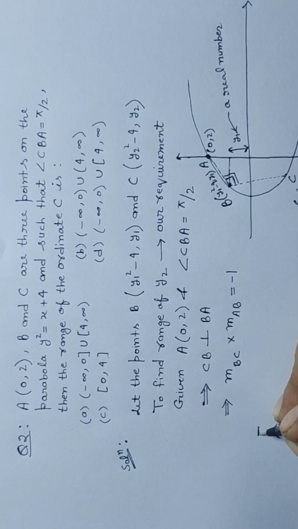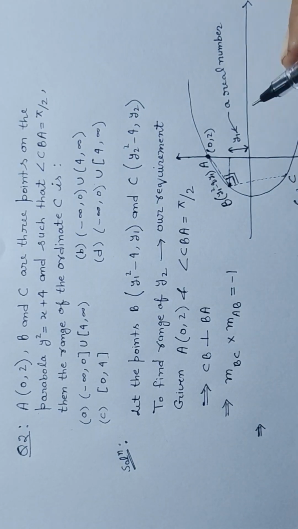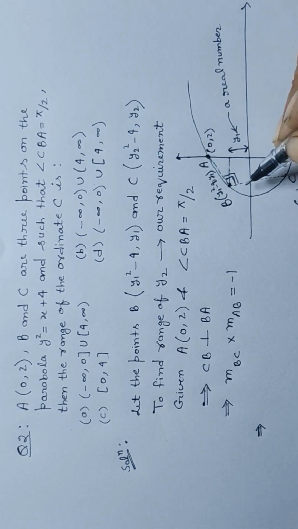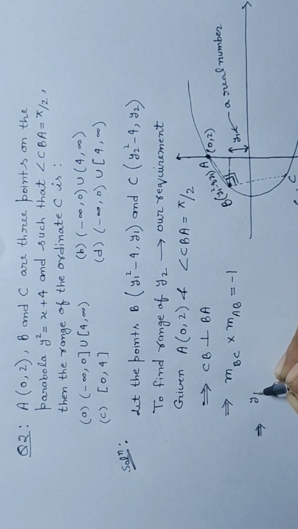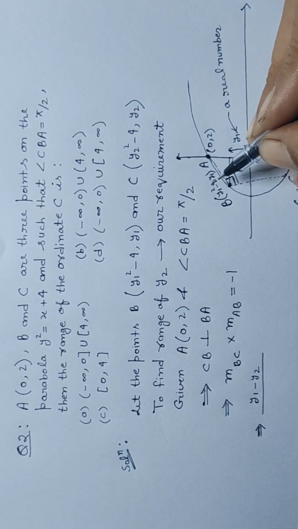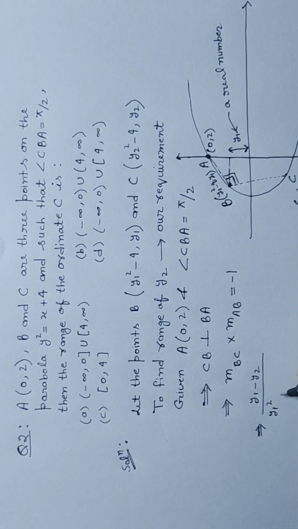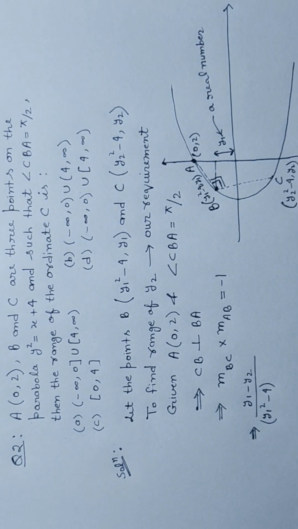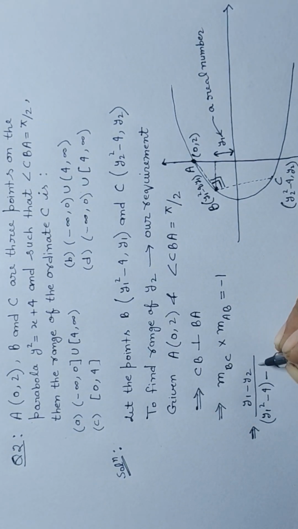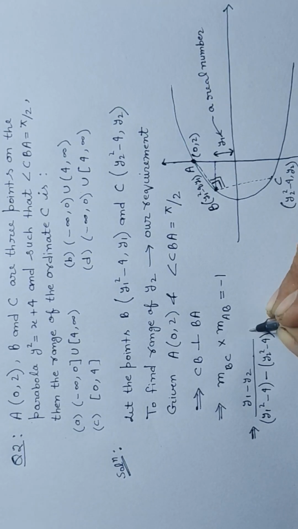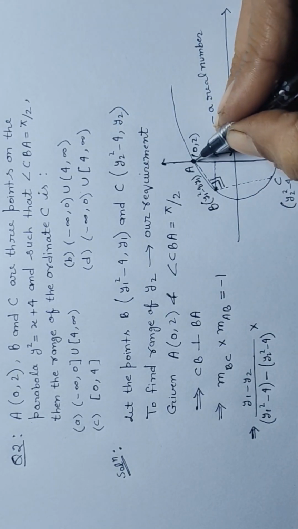So we find the slope of BC from the given points: y1 minus y2 divided by (y1 square minus 4) minus (y2 square minus 4),